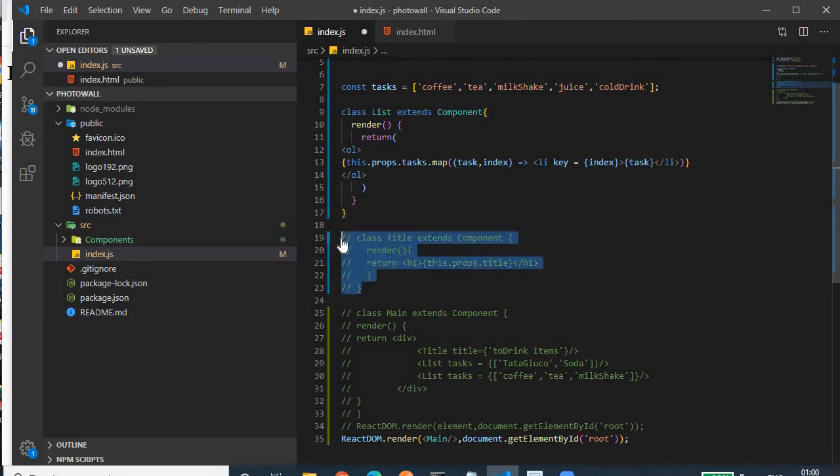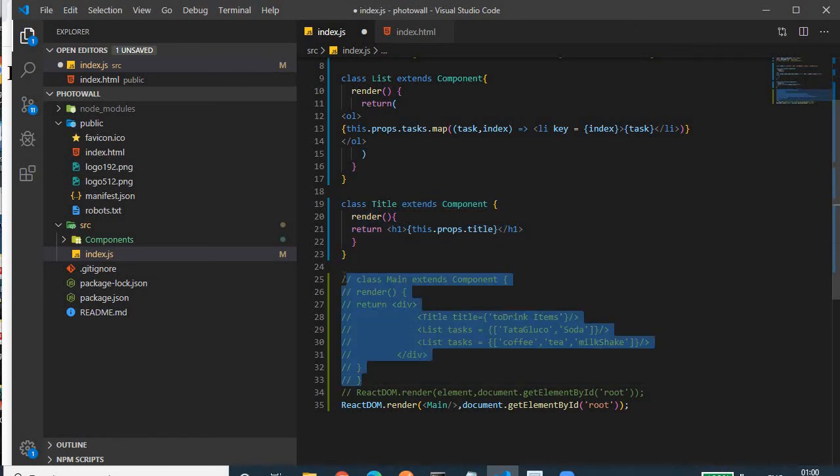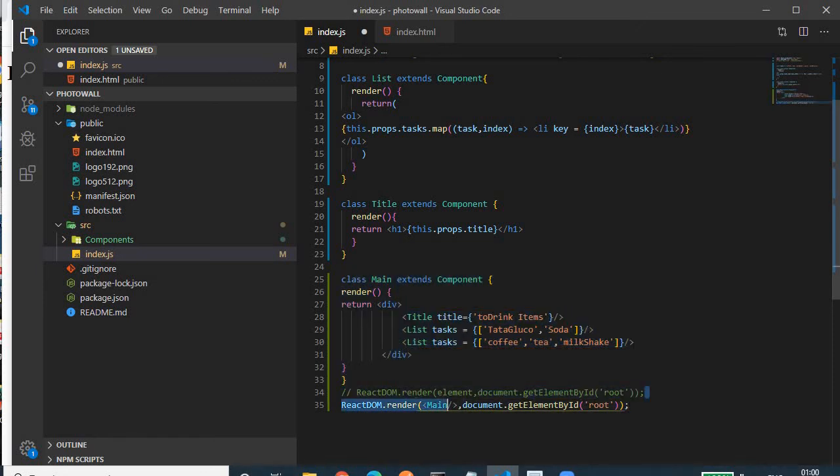We have a title component and a main component. The concept is the same. We are rendering the main component because the main component combines our list and title components. So we start from the main component. We have a title and we have two lists.